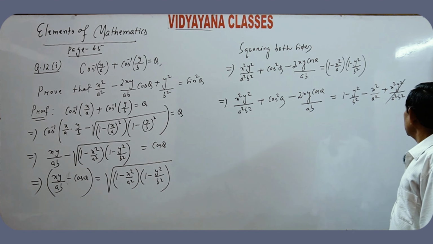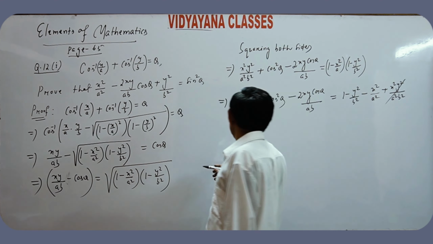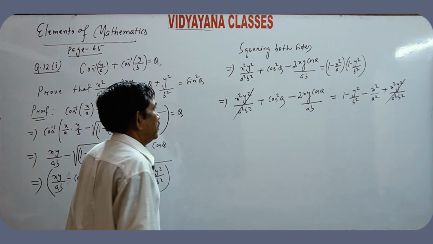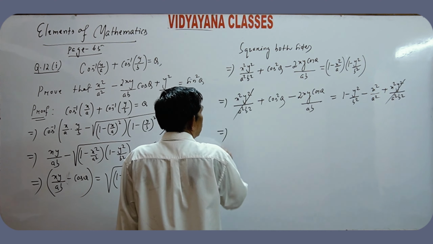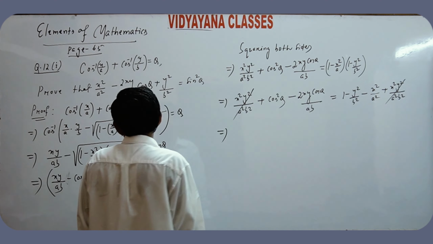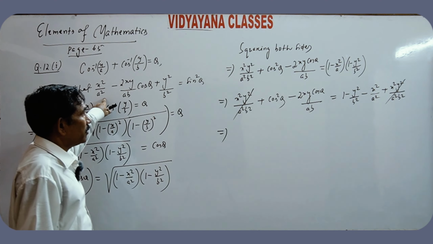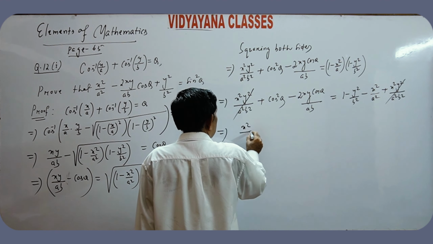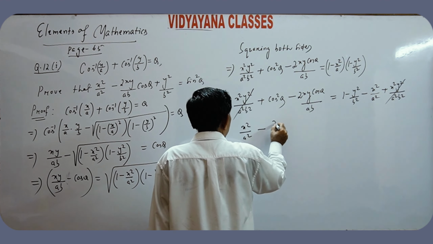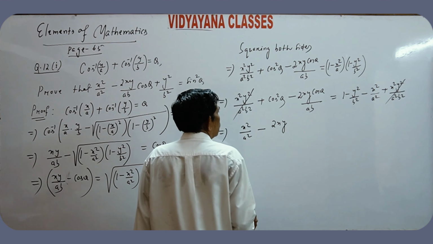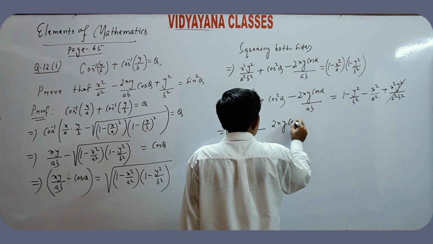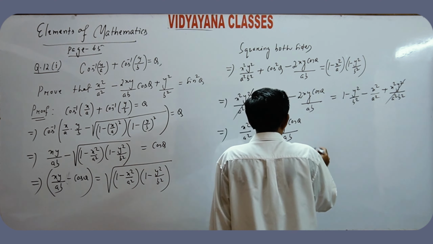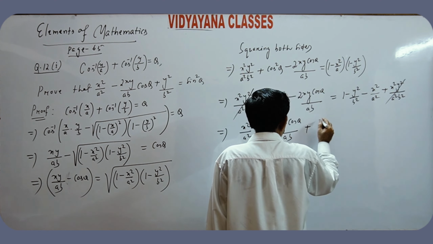The x square y square divided by a square b square terms cancel, which implies x square by a square minus 2xy cos theta divided by ab plus y square by b square